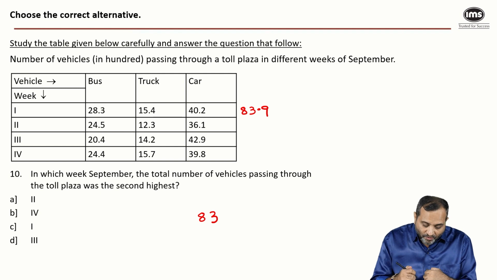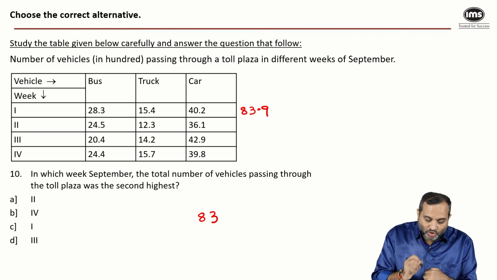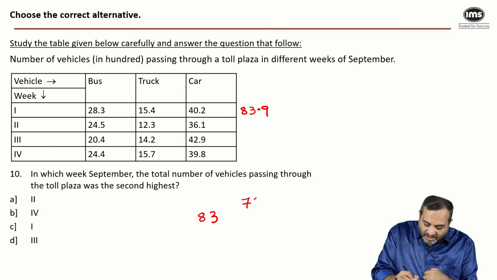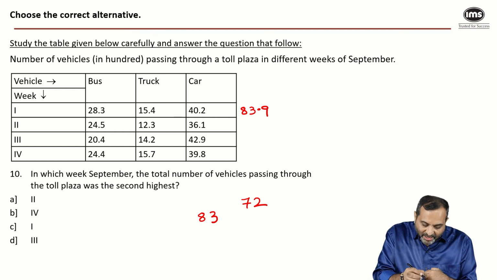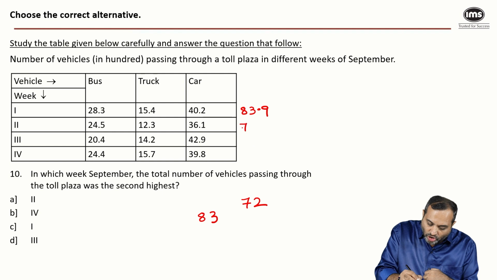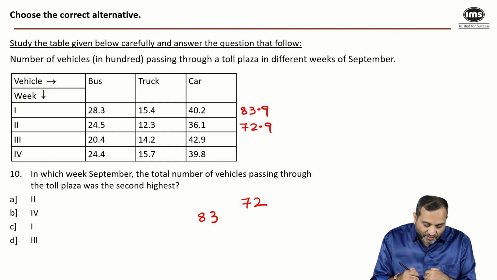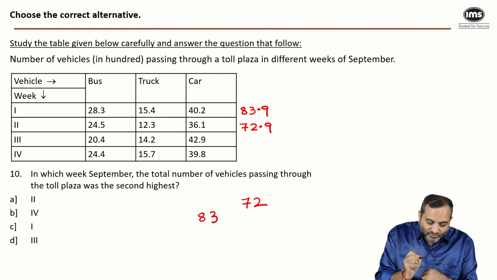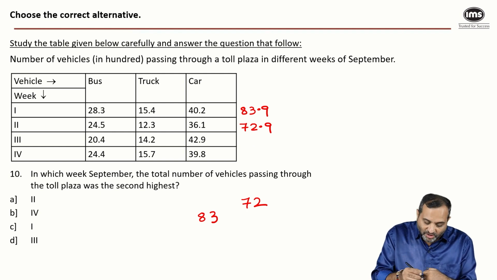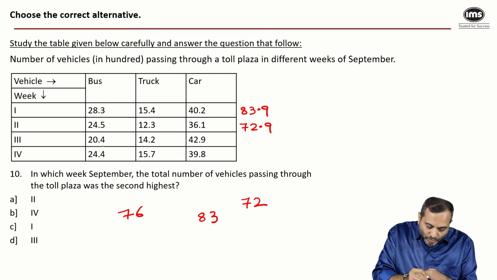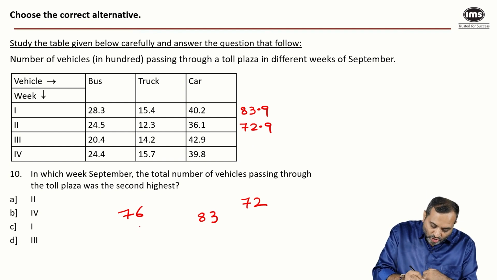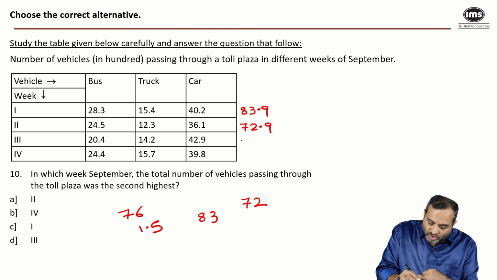Let's do the calculation for week 2. 24 plus 12, 36. 36 plus 36, 72. And the decimal parts add up to 539. So once again, this is also 72.9. Let's do the addition for the third week. 20 plus 14, 34. 34 plus 42 is a 76. And the decimal parts add up to 4615. So 1.5. So this will make it